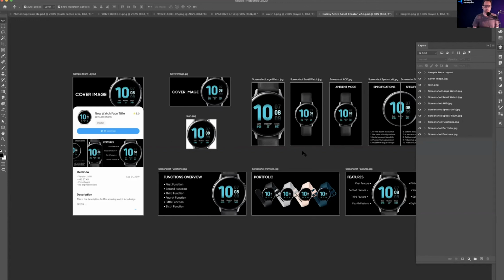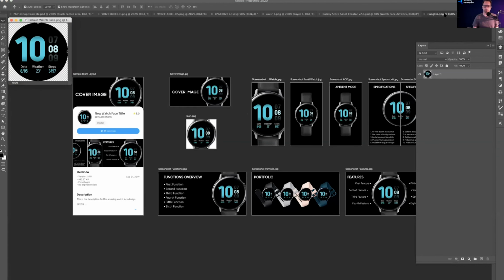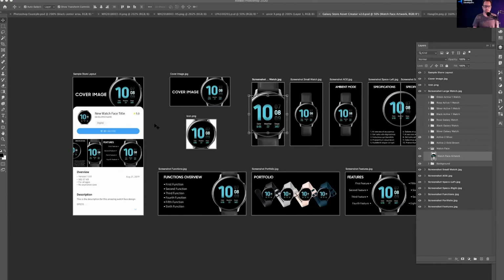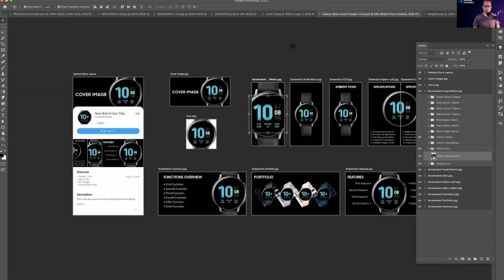So within this file here, if I just were to select one of these watch faces, okay, I'm going to double click it and open up that smart object. Now let me click over to another one of my designs. This one's called Hang On. These little guys just hang on to the watch hands. Okay, so if I go back to that smart object and I paste my design and I save, you can see it'll automatically populate on all of the watches that are shown throughout this entire